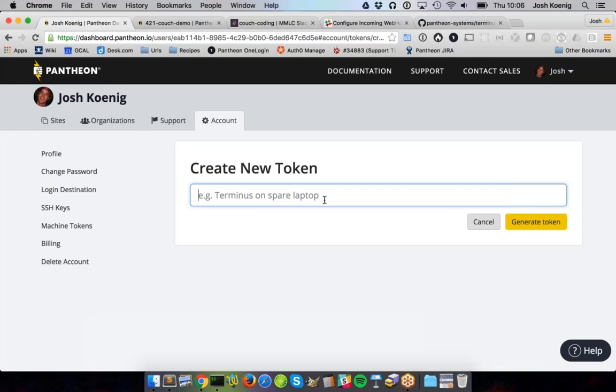Give it a name, and the cool thing here is that you can create as many tokens as you want. The ideal is one per device or one per use case, and that way if there's ever any question about the security of that device, or if you're just not using it anymore, if you put something in a CI service that you decided to stop using, it's really easy to revoke just that token, and then you know that thing no longer has access to Pantheon on your behalf. So I'm just going to call this my rainbow laptop, because of my cool keyboard stickers,